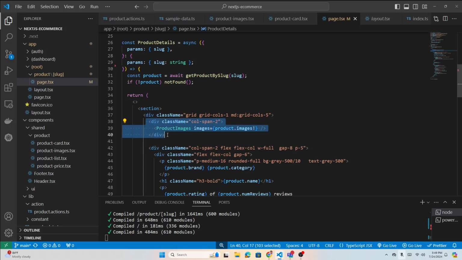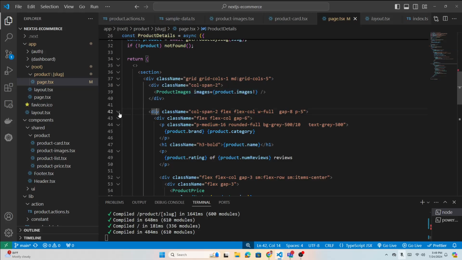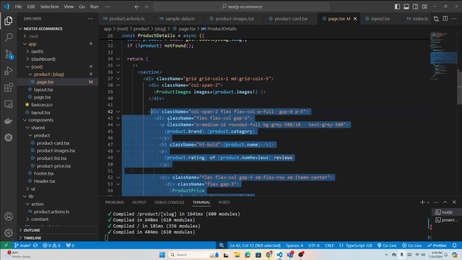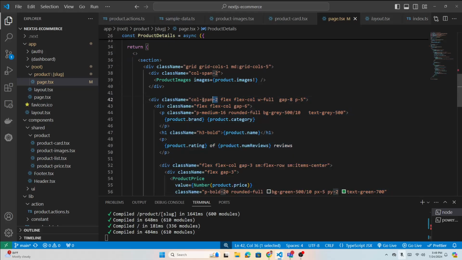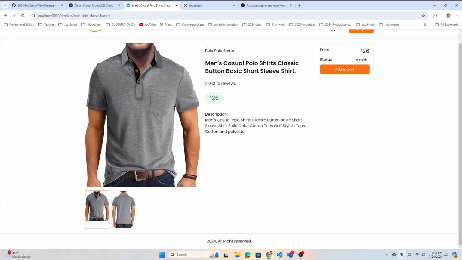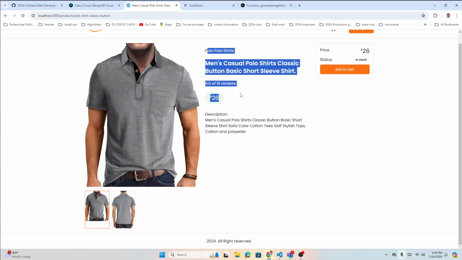Then you display the first product image inside 2 columns. Then this box has all the details of our product, which you have to look at here: 2 columns, flex col, right, with full gap and all that. Now inside it says flex col. That means it has a couple of boxes, right? That's the first one, and this is the second one. So you have to separate like this, and try to understand what information is inside each box by looking at here. So this is all the information in the first box, and then you have the second box